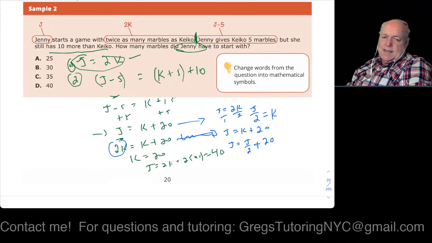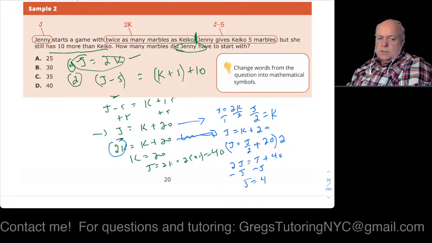So what I'm going to do is multiply every term on the left-hand side and the right-hand side by 2. So in other words, I'm going to multiply this whole equation by 2. So we get 2J equals J plus 40. I subtract the J off that side. I subtract the J off of here. This becomes J is equal to 40. And that works. So now that we double checked that K was 20 and J was 40 by doing it 2 different ways,